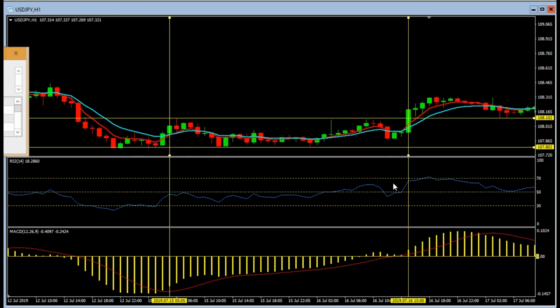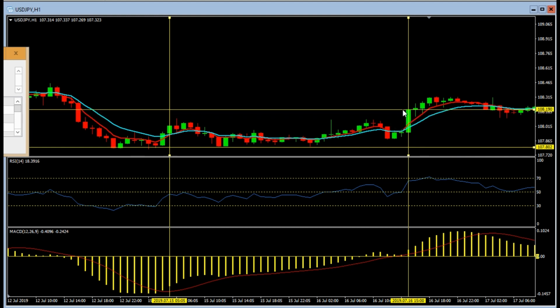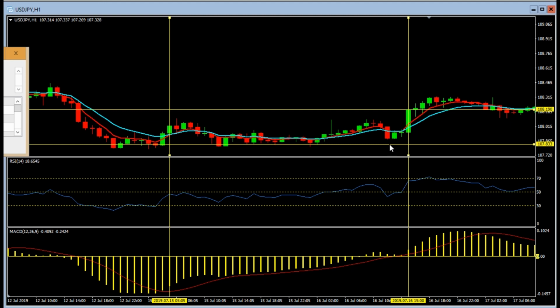moving average gone up, RSI has gone up, MACD has gone up. So at the open of this candle, you go long. You go long at 108.19, and you place your stop loss here below this low, 107.83, 107.8, there it is. Okay, now you're risking